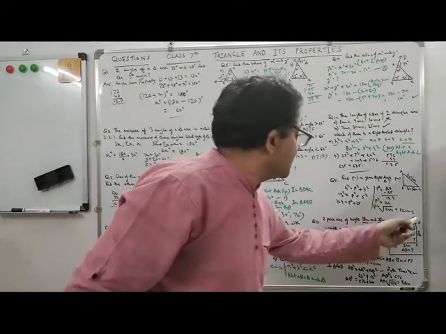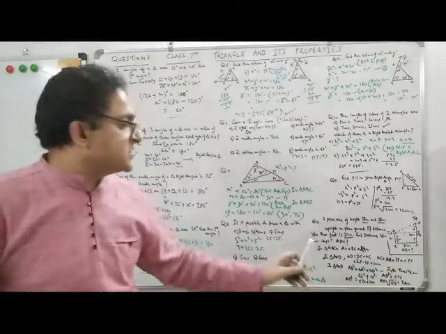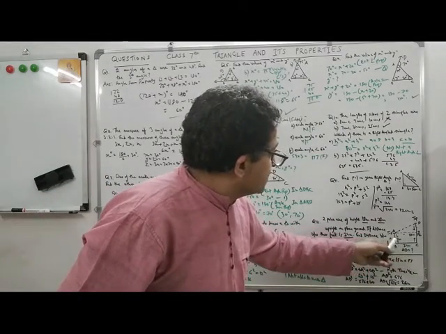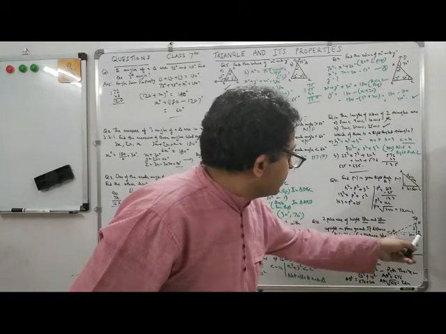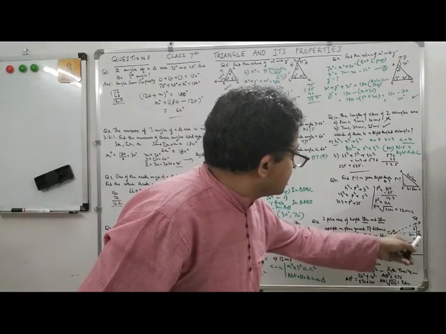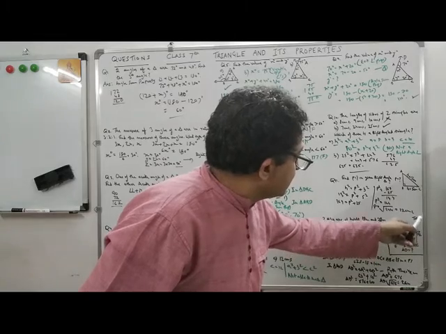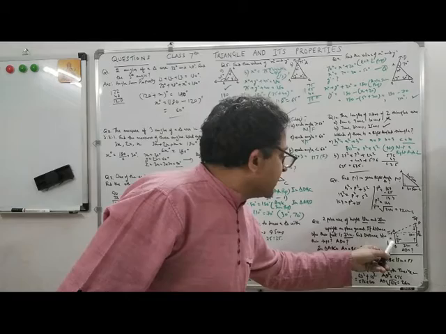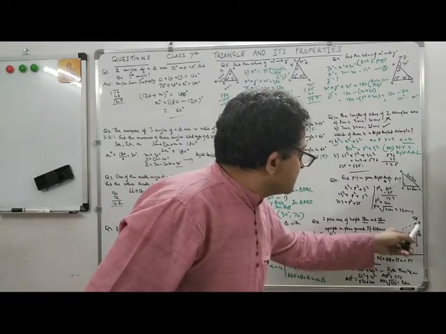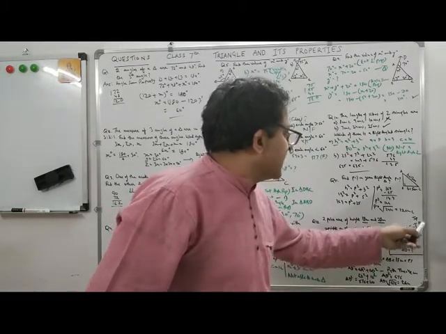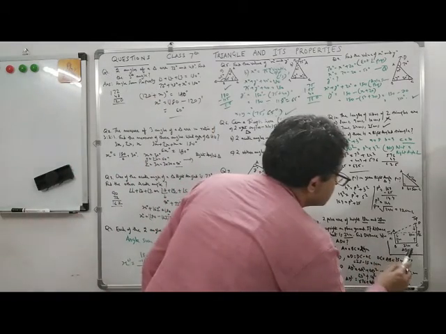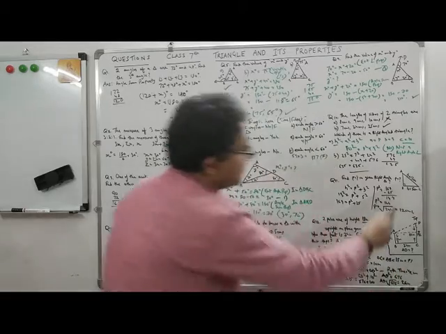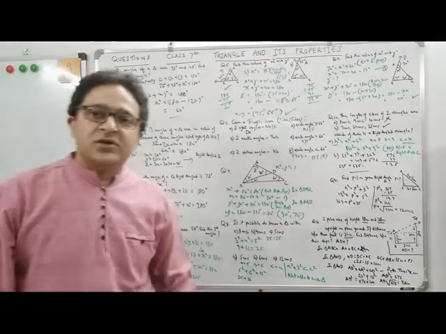This is what AD is. See, AD is this. Just remember, students, AOD is a right angle triangle here, and this is given because this is a rectangle. If you join, this is a rectangle. This and this side will be the same, but we want this side. We don't want this side. But to get this side, we know the total side is how much? 28, and we know this side also 18. So this becomes 18, this becomes 28. So this is required. So this is 28 minus 18, which is 10. Now we know this side also because this is a rectangle, 24 and this is 24. This is 10, this is 10. This is 24, and then AD we can calculate by the Pythagoras theorem.